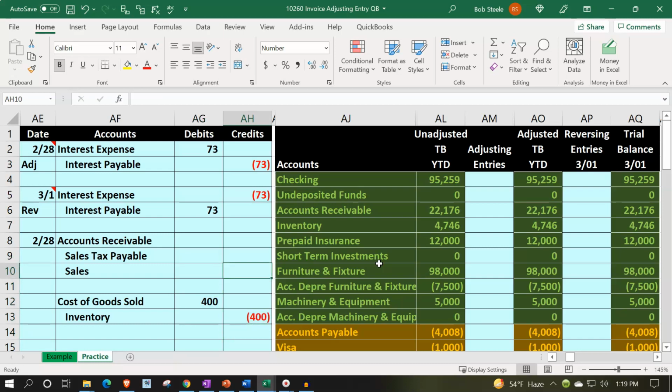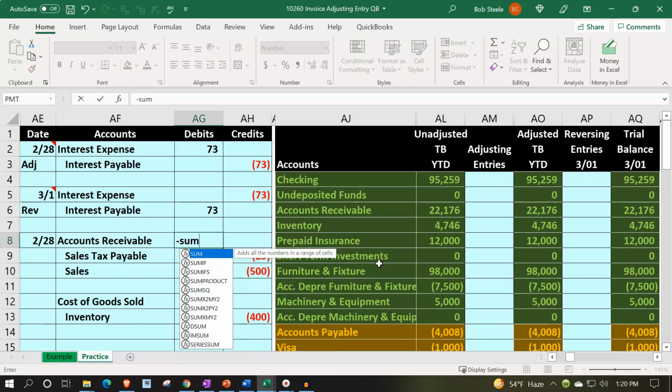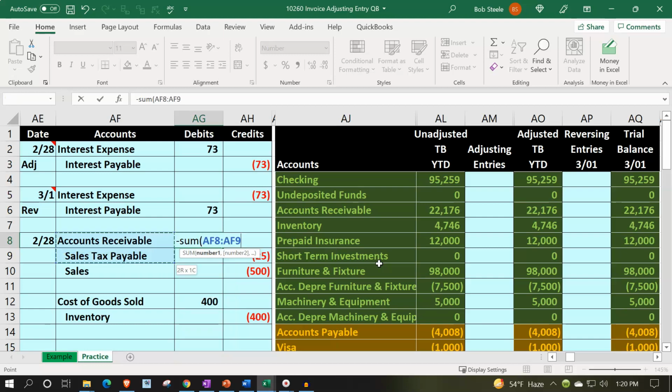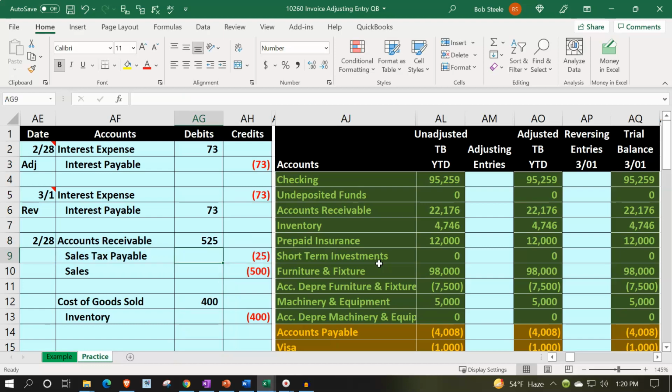And then we've got the sales, which we're going to just say is 500. The sales not being related to that subledger, because the sales price might be a markup from the cost of goods sold, but it's going to be different than the cost. We're going to imagine that the sales tax is a generic 5%. So 500 times 0.05 would be the sales tax. That means the accounts receivable would be the negative sum of these items, the plug number that we would be